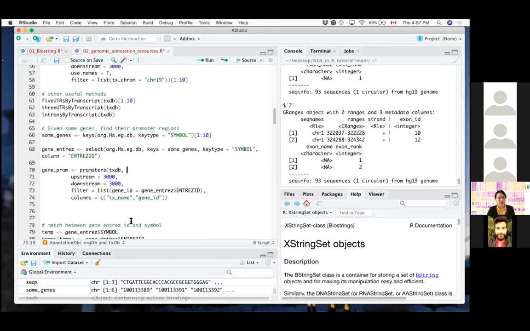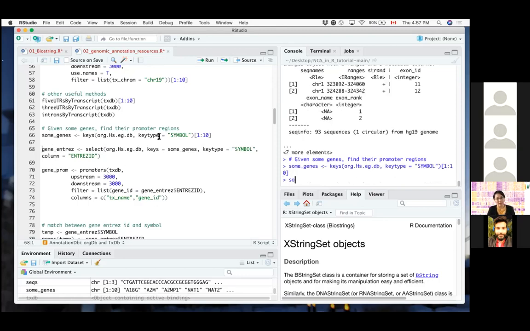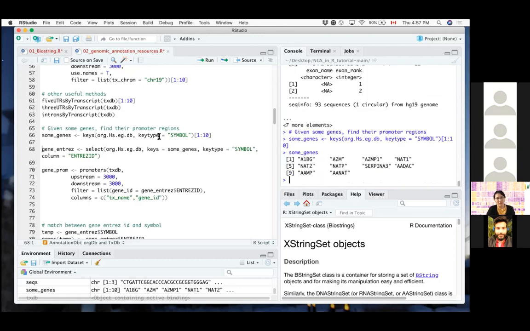Now, we could do a little bit more sophisticated things. If we are given some genes, we want to find their promoter regions. However, these genes are given to us in the gene symbol format. So again, I'm just getting the top 10 genes that are stored in the database. These are the genes that we have to work with, and we have to find the promoter regions of these